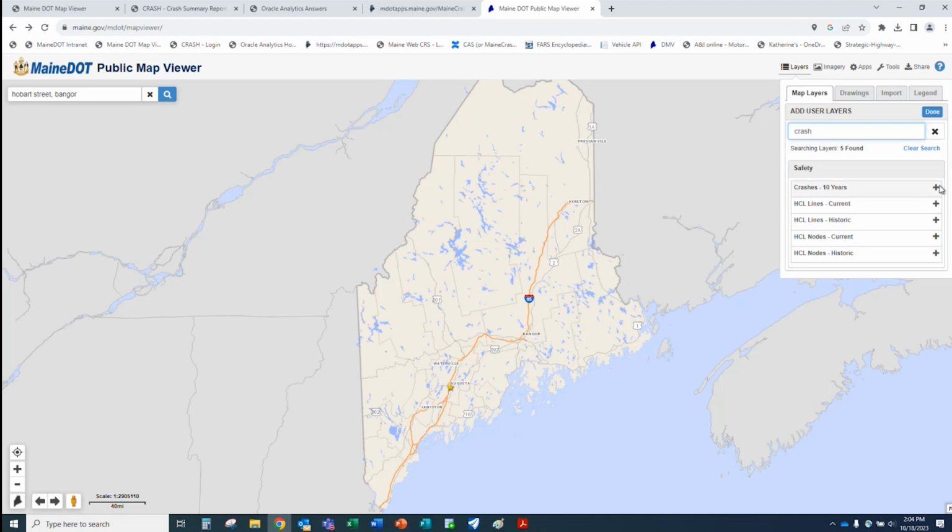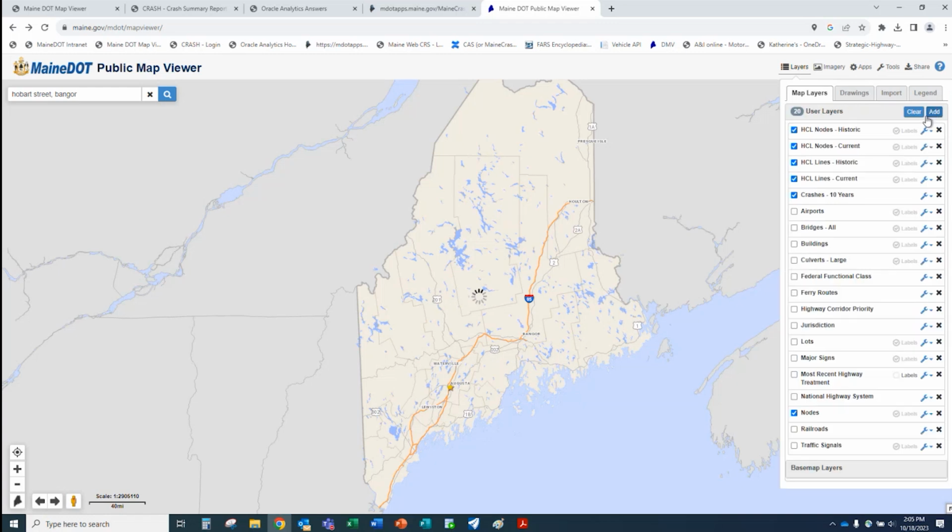Now you can see these little pluses right here. In order to add these layers to your main layers, because we're in the add layers option, you just select that plus on each one, because we're going to talk about each of these. Once you've selected them all and they have that little X, you can hit done. And you can see now that these are all on here.